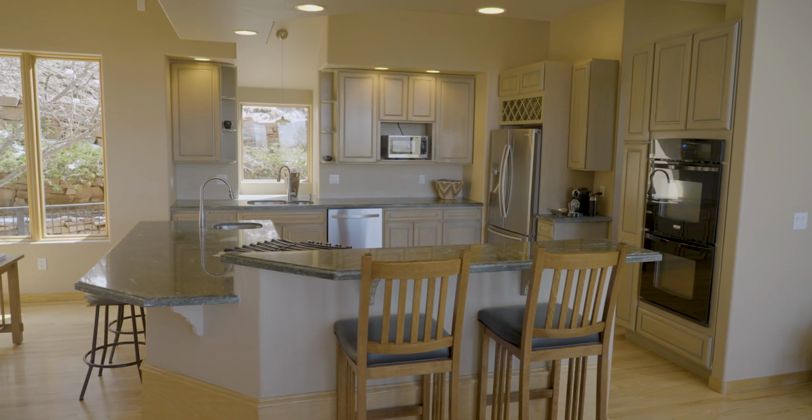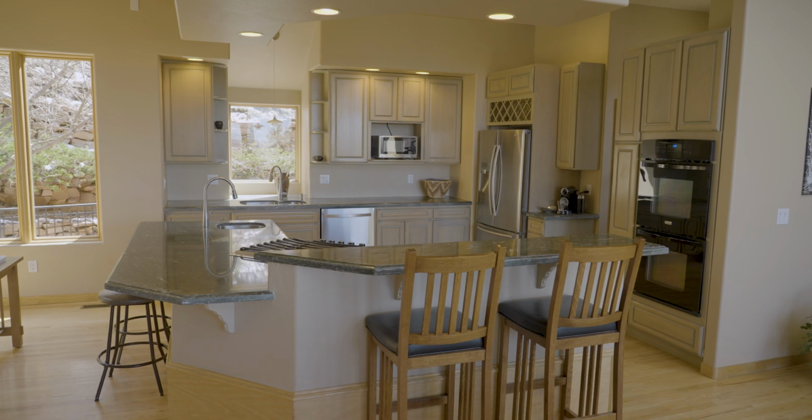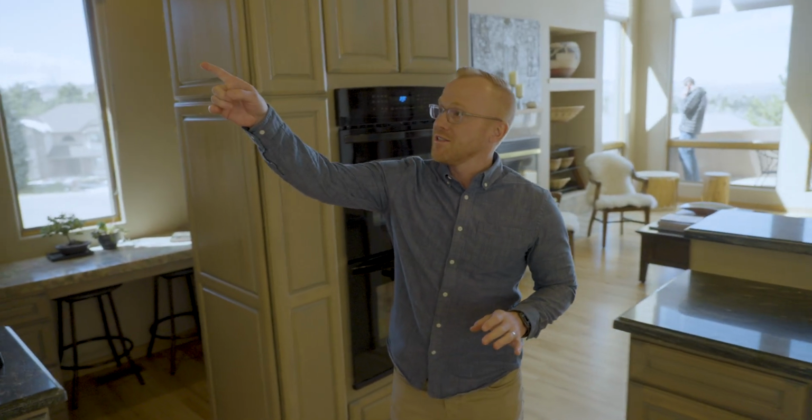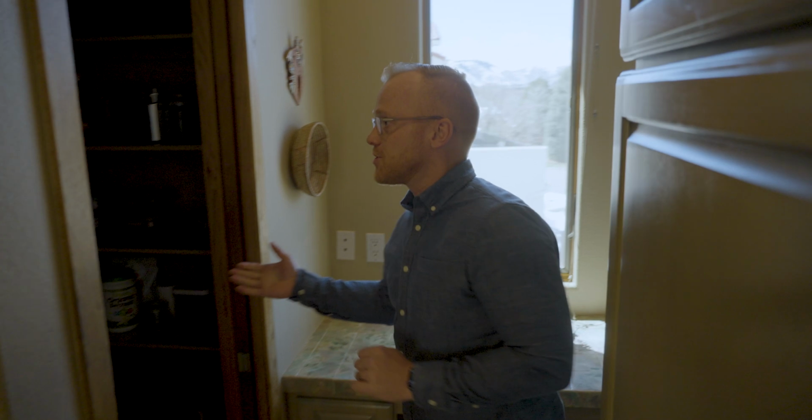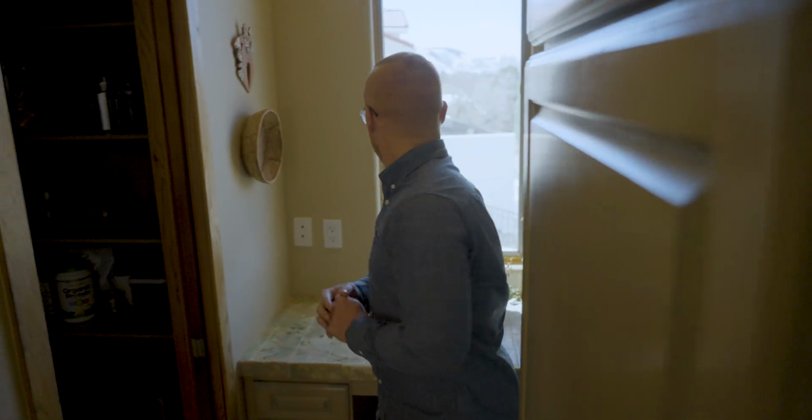All right, so we are here in this amazing kitchen at 12422 West 16th Drive. You have lovely quartz countertops, all stainless steel appliances. You got wine storage on top of the refrigerator, ample storage with all the cabinets here. And then take a look at this. You have a whole walk-in pantry back in here, which is incredible and has its own window looking out to